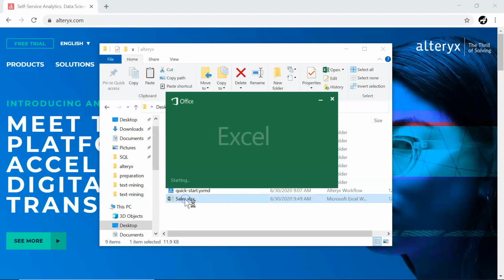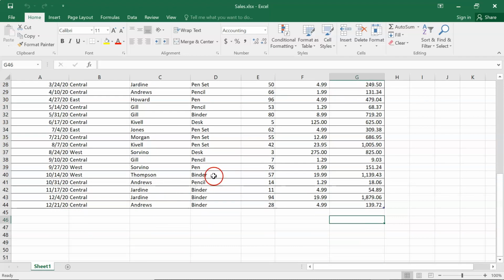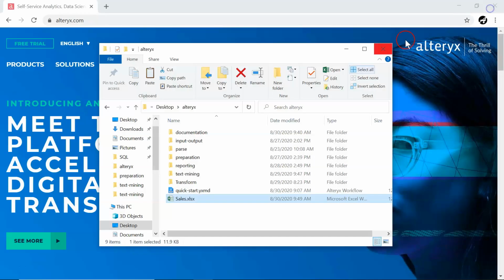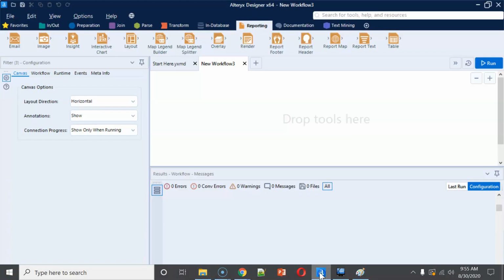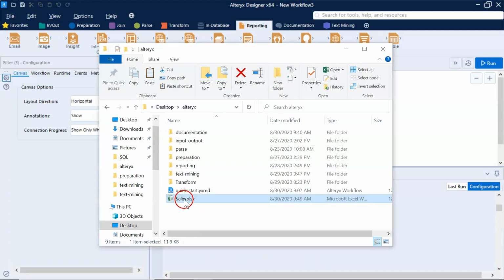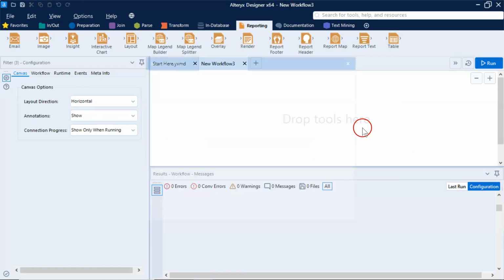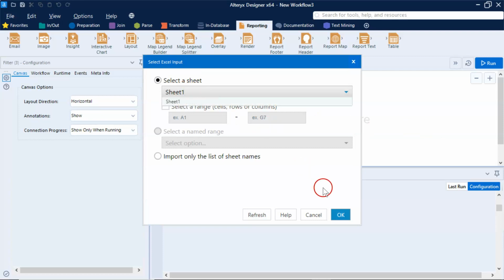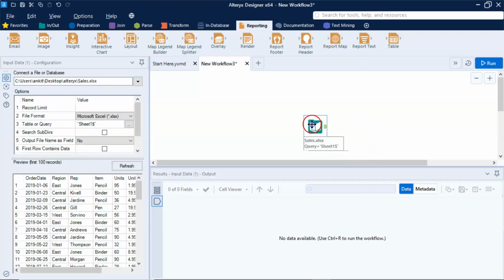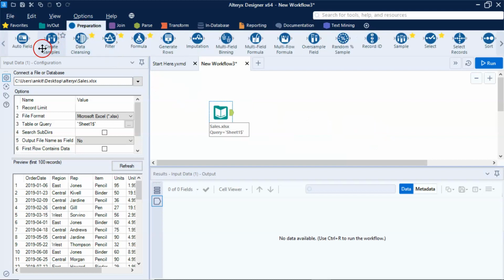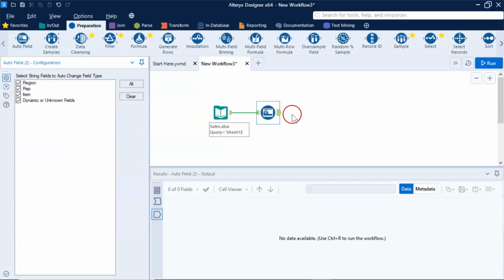And if you just open it, I have the raw data available. Now I want to drag and drop it into Alteryx. So let me open my Alteryx Studio. Let me drag and drop this sales.xls file and I'm going to select this Sheet 1. Alright. Next thing is we need to apply, from the preparation tab, AutoField just to identify what is the data type for each individual field. Alteryx will be able to automatically identify the data type for each field. Next one will be we are going to apply the filter.